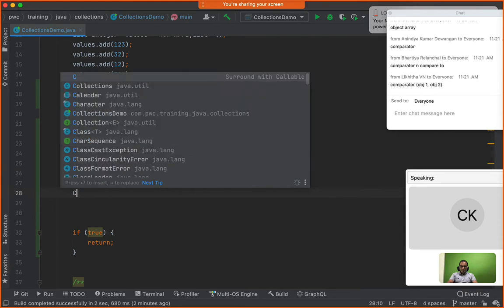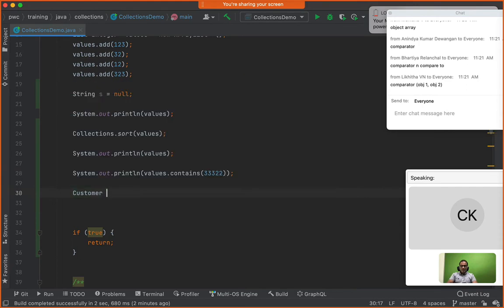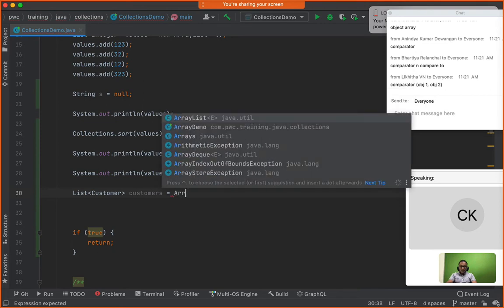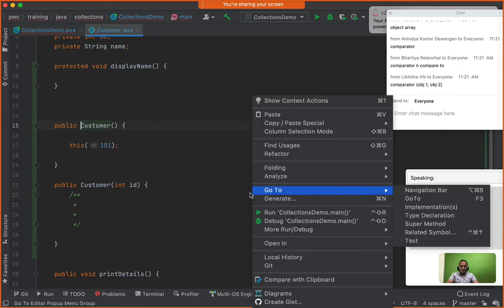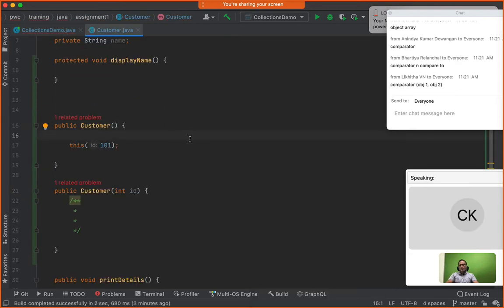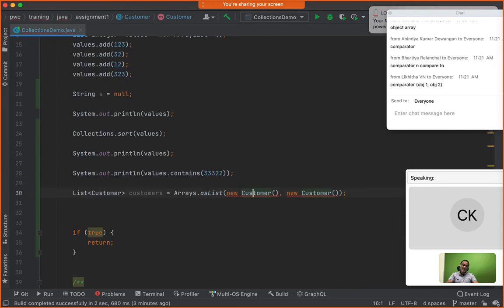Now what I'm going to do is create, right here in front of you, I do have a Customer class somewhere in my application. I'll say Customer c is equal to new Customer. I'll say List of Customer, customers is equal to Arrays.asList, and I'll say new Customer, comma new Customer, and so on. I think there is no default constructor for Customer. Customer, public. Once again, it's abstract. So I'll say new